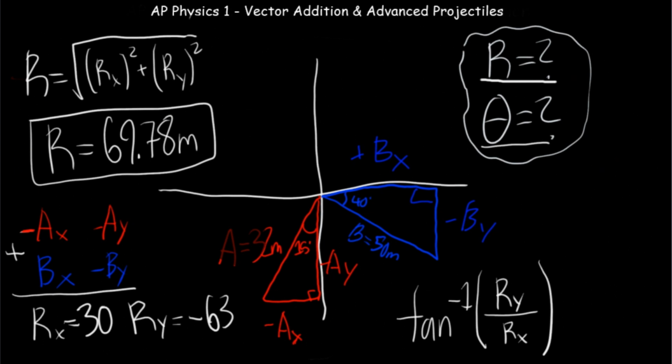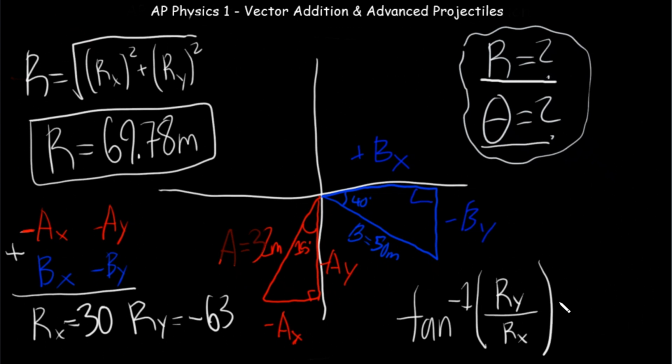And that will give you tangent inverse. So let's plug this in. So tangent inverse, and then you're gonna put in negative 63, 30, and then you would end up with this